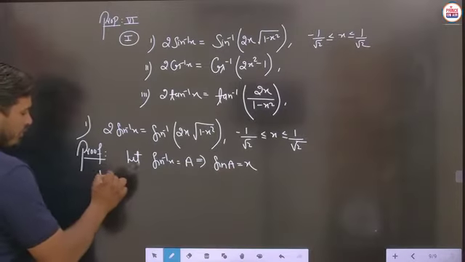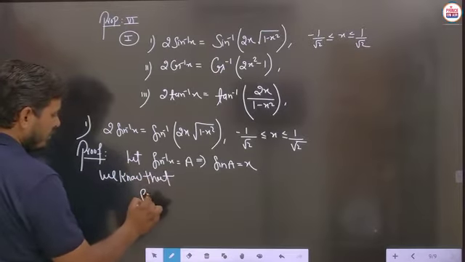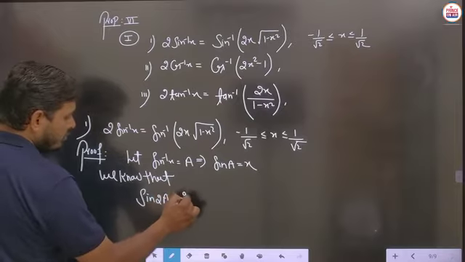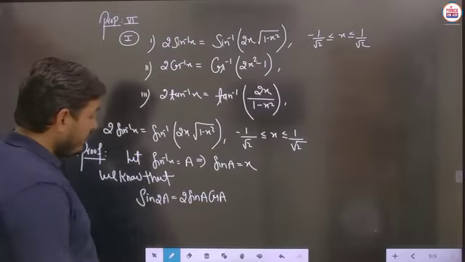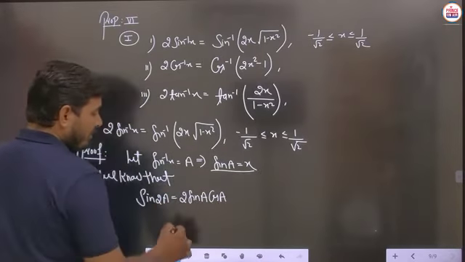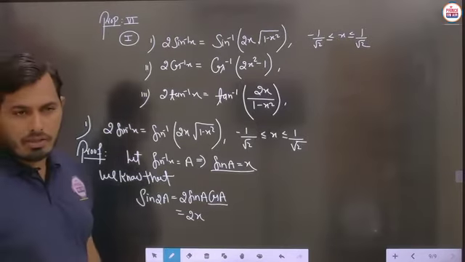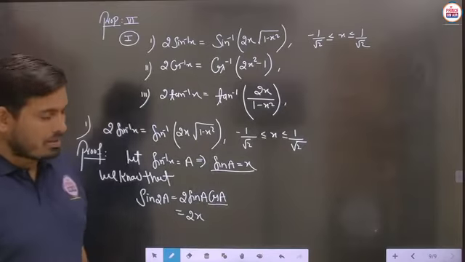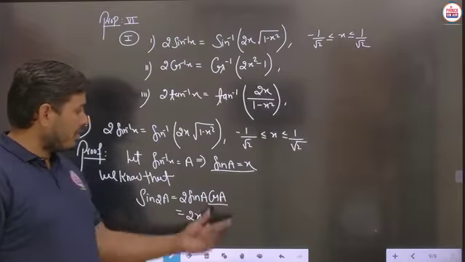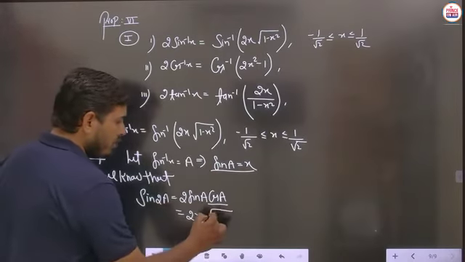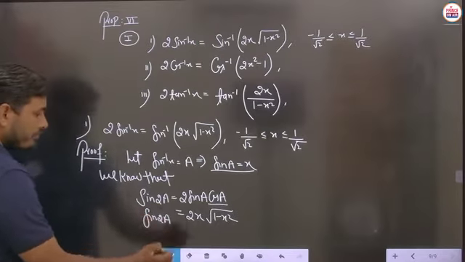Now we will use the formula of sin 2a. We know the formula of sin 2a. The sin 2a will be 2 sin a multiplied with cos a. Now here the value of sin a is x, so it will be written as x. Sin a is x, then what should be the answer of cos a? You know very well the property sin square theta plus cos square theta is 1. So sin a is x, then cos a will be written as under root of 1 minus x square. So this will be the required result of sin 2a.